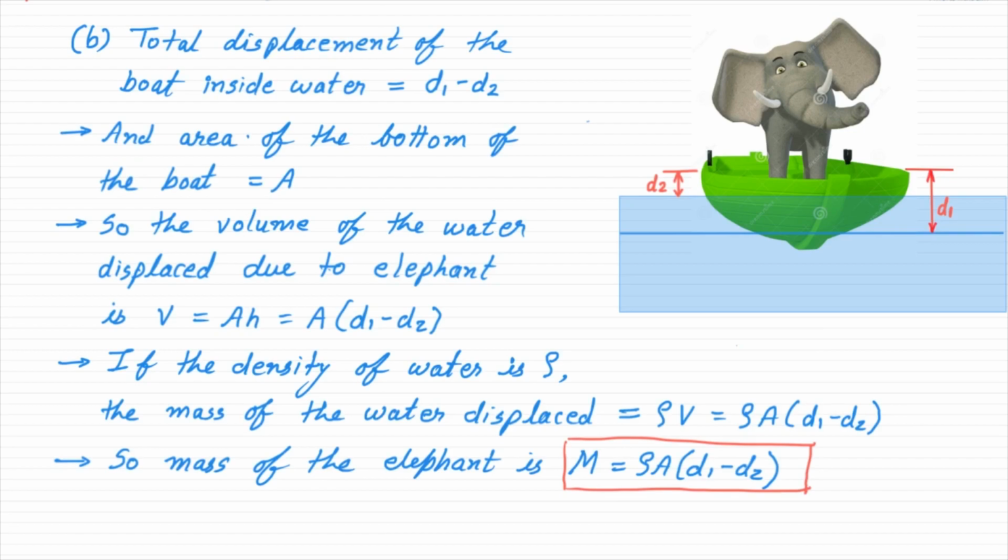You must be finding this method somewhat weird, because nowadays weighing machines are there, big huge weighing machines which can measure the mass of a truck and so on are available everywhere. So this method seems weird. But suppose you are not having any sort of mass measuring instrument, then what will you do? In that condition, this method becomes a very useful method to at least estimate the mass of an elephant.